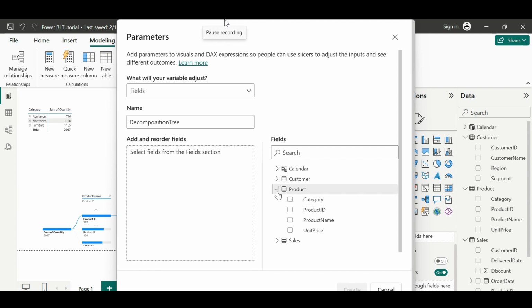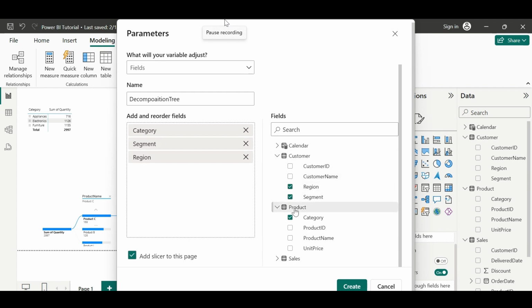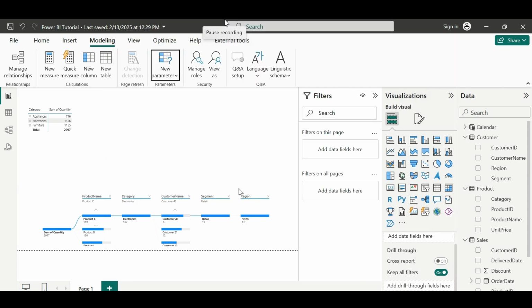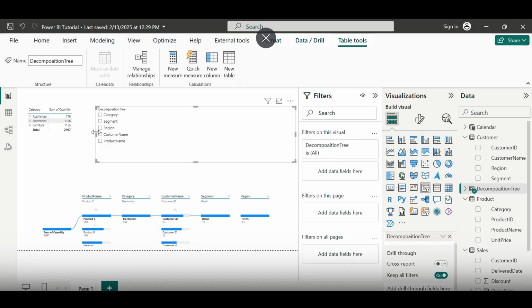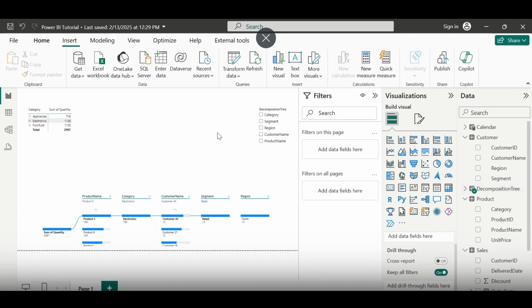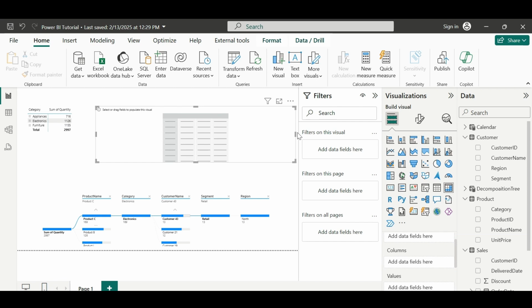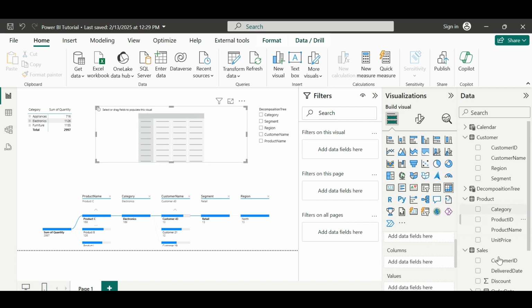And from here let's pull in category, segment, region, customer name, product, and then I'll keep this selected and add slicer to this page. Here is the slicer added. Let's keep this slicer here, and then the data matrix, pull in quantity